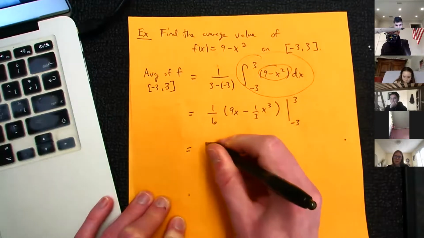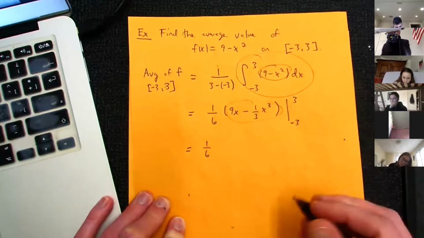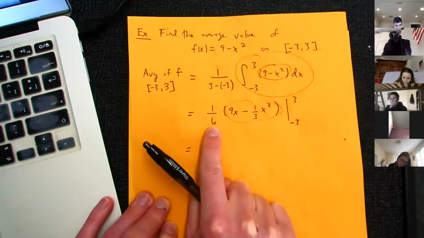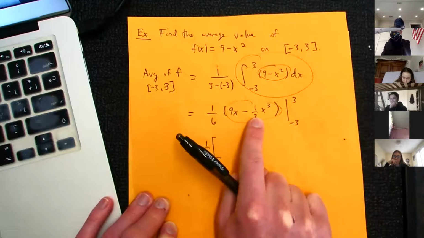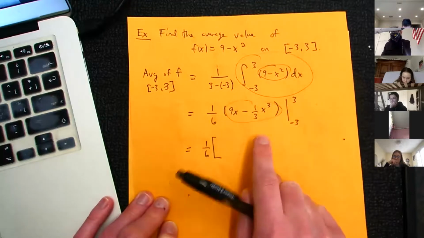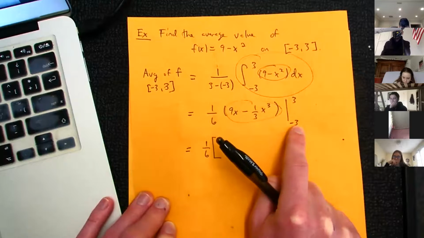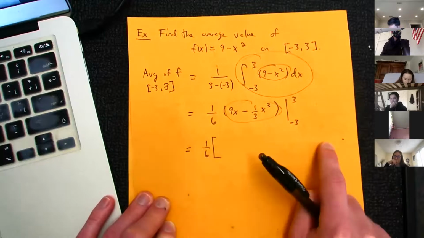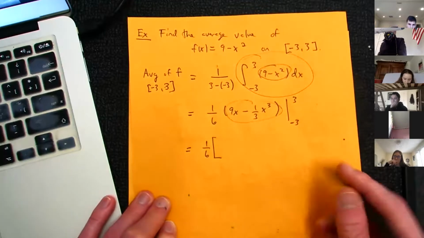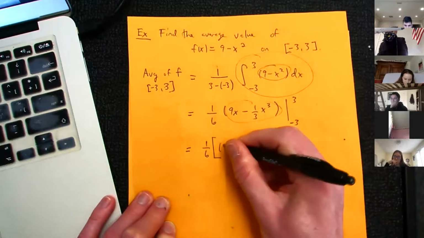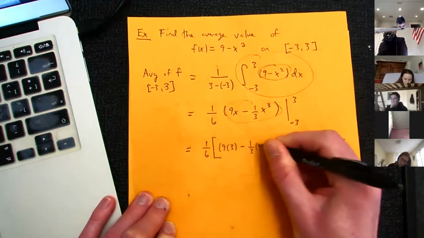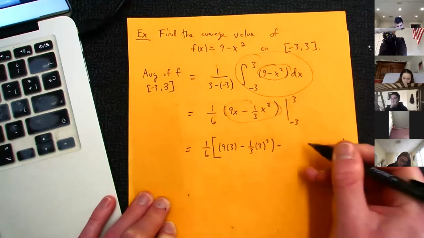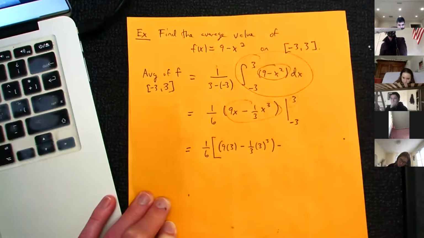So that is 1/6. I'm going to put some brackets here, because when I do the evaluation, it's going to be this whole function evaluated at 3 minus the whole function evaluated at -3. Because of that, I'm going to have two terms, and the 1/6 needs to hit both of them. So I'll put them in brackets to make sure the 1/6 hits everything. So evaluate this whole guy at 3. That's 9 times 3 minus 1/3 times 3 to the third, minus